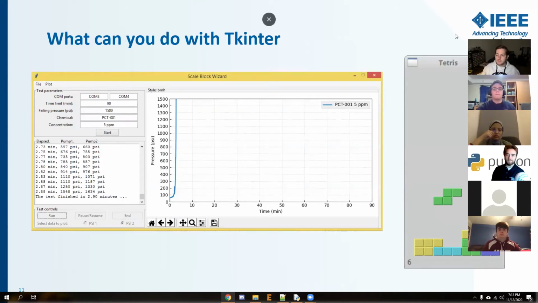Sweet. So just kind of getting into more of the Tkinter side of things, you'll hear us refer to it as Tkinter, but commonly it is derived from the Tk interface. So the correct way to pronounce it would be Tkinter. But